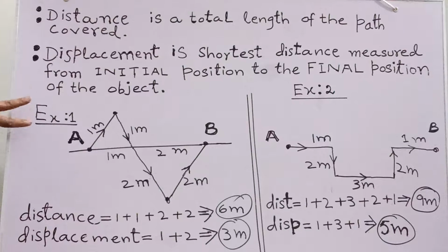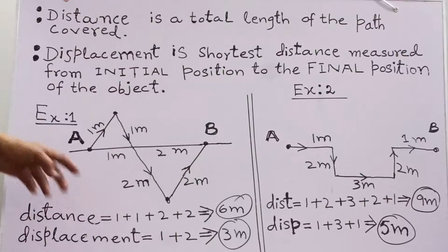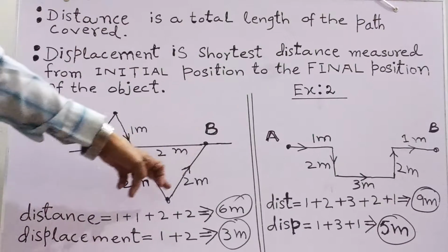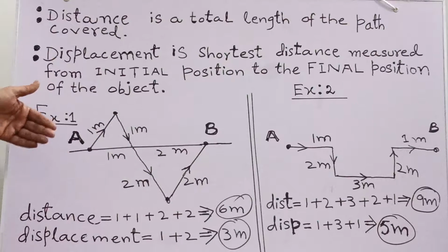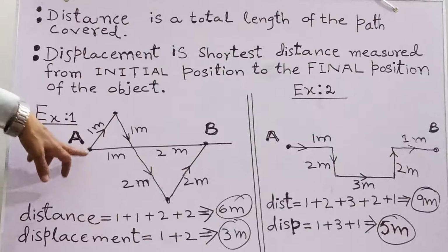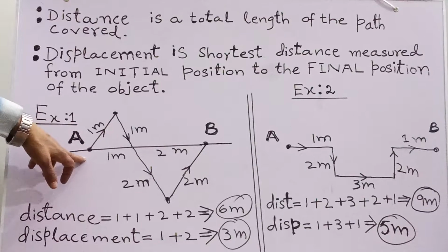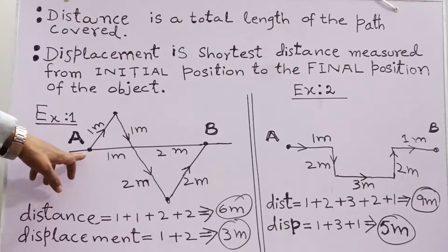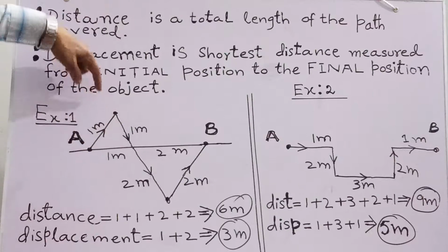So come to example number 1. And now look at this diagram. This is the path covered by any body or any object. Or in other words, suppose there is a body that starts the journey from the point A. Point A is the starting position or the initial position, and the body moves along this path and covers